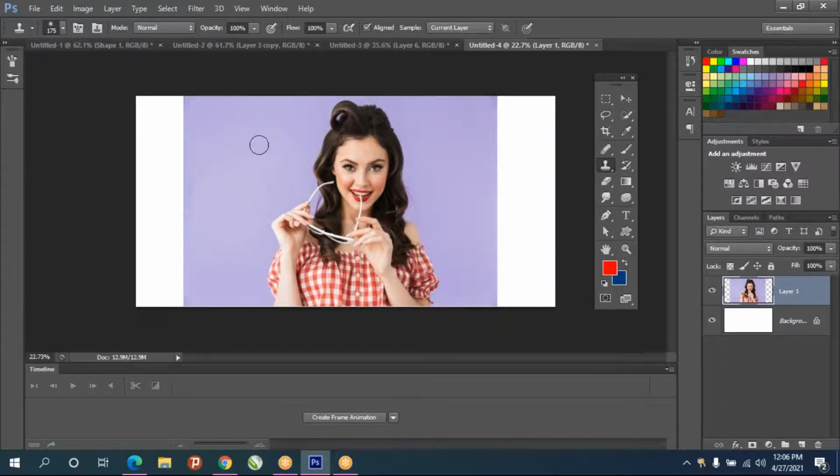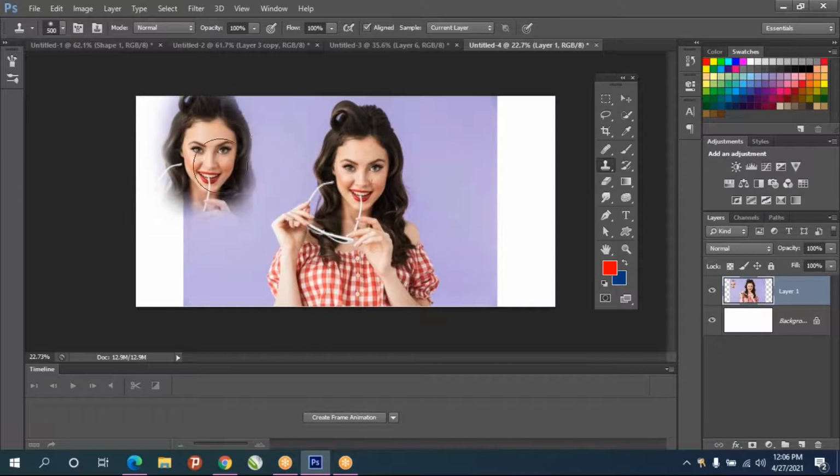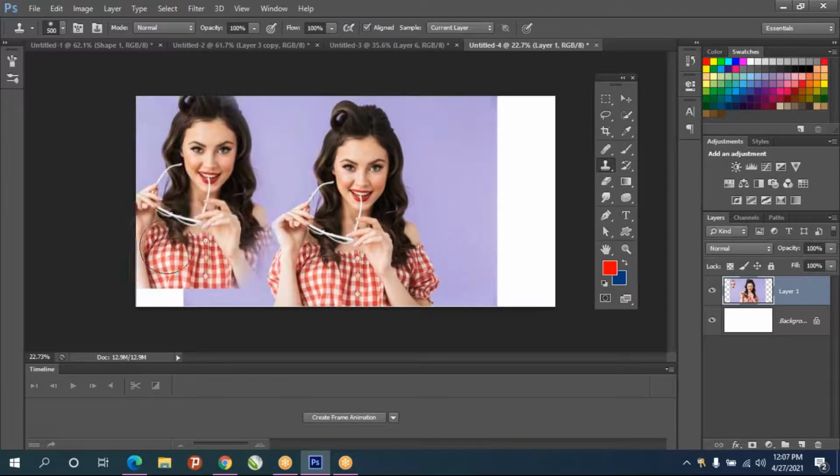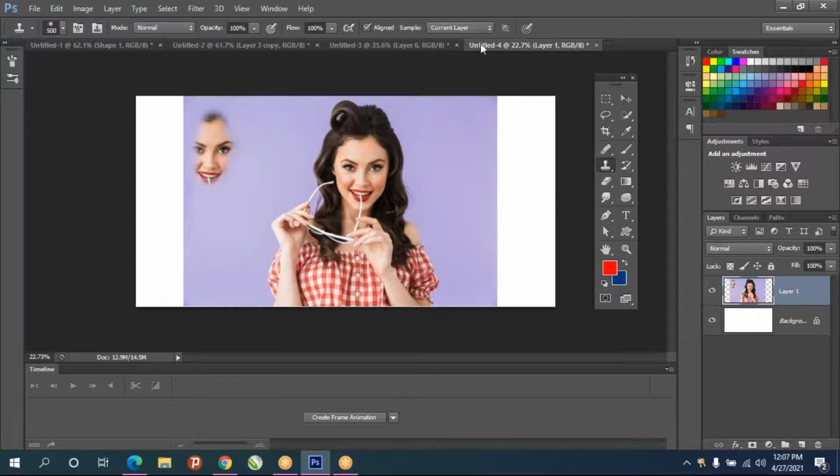Or normal clone can also be done, like cloning an object to one place. So that is the use of clone.